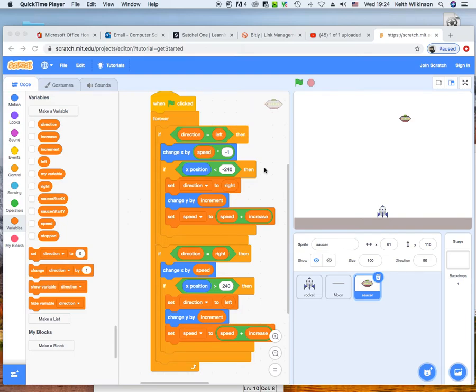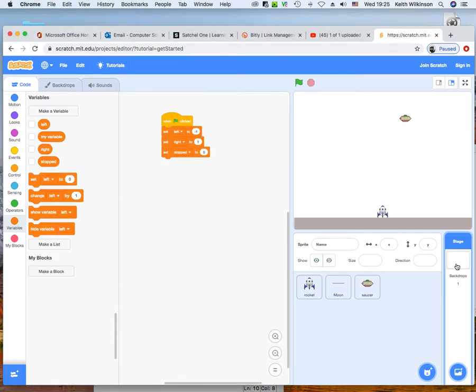Okay, so we need to bomb now. We need something dropping out of here so it can hit this. And I need some more global variables, so I'm going to nip across to the stage, click on the stage. There we go. And so far I've got left, right and stopped. I need a couple more global variables